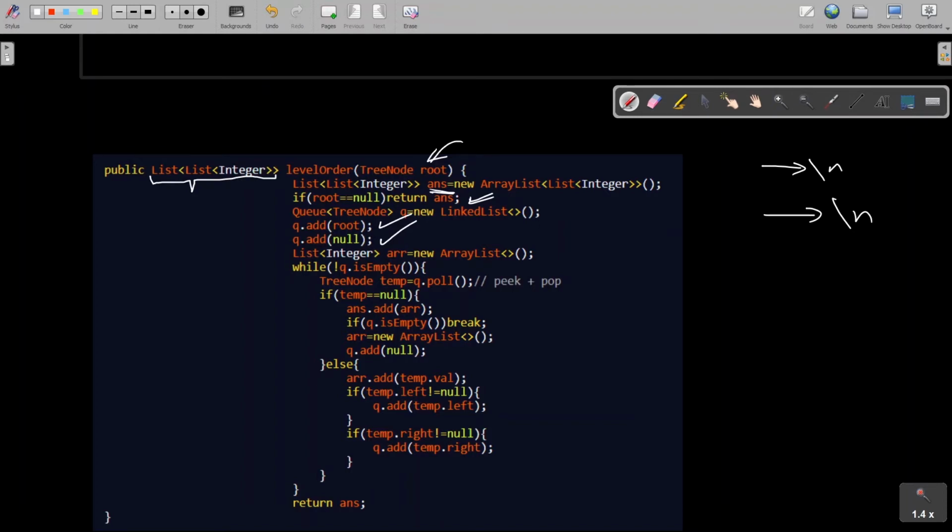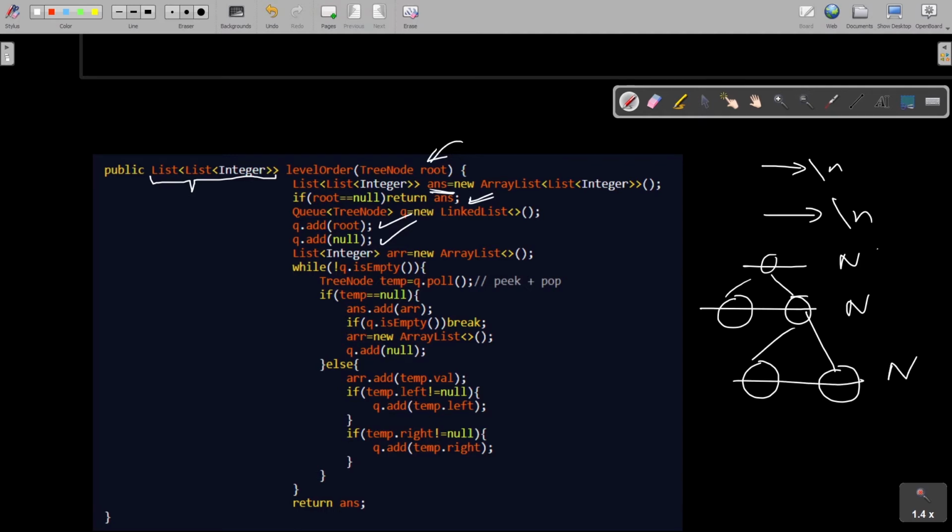Whenever a level finishes, like this level finishes, in the queue I'll add a null. This level finishes, I'll add a null. This level finishes, I'll add a null. So this null would tell me that this marks the end of the level, and I am supposed to go to the next line. So this is the explanation behind adding the null.